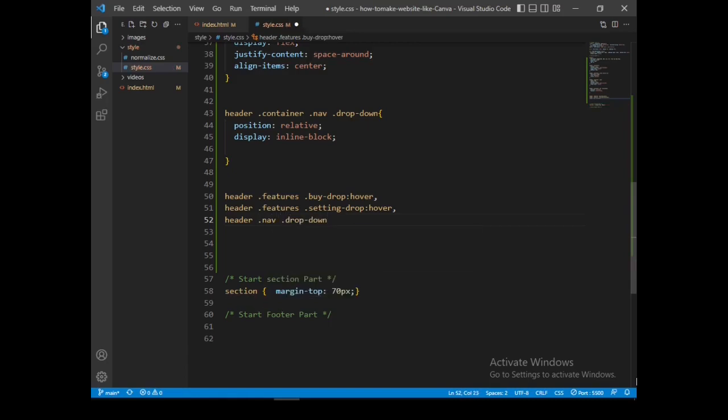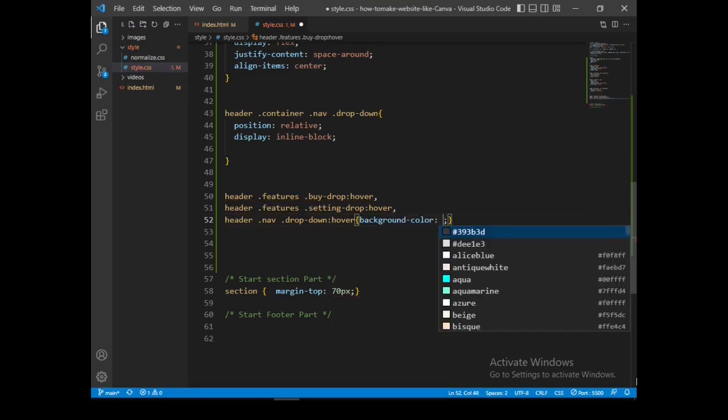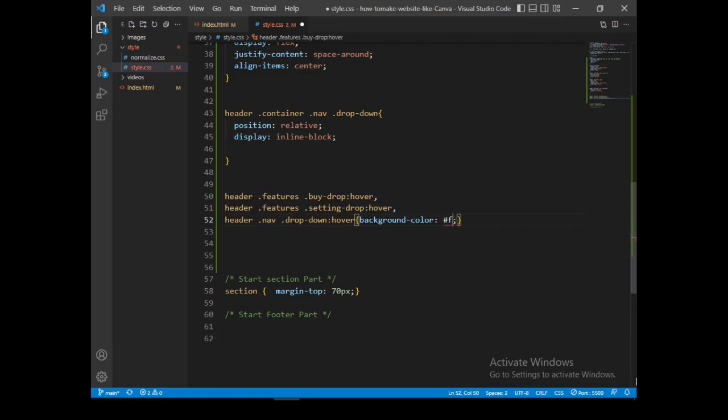On hover, we want the background color to change to a light gray, like just have F5F. This is color code 6F now.